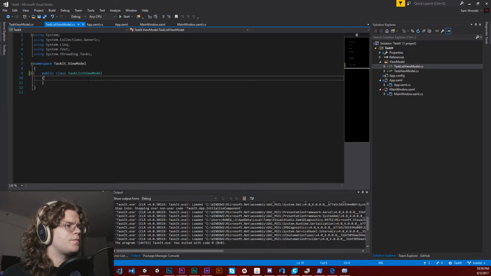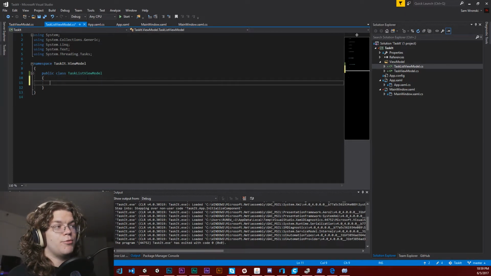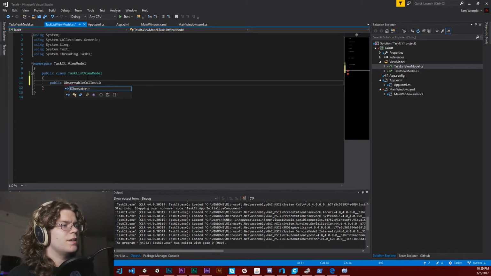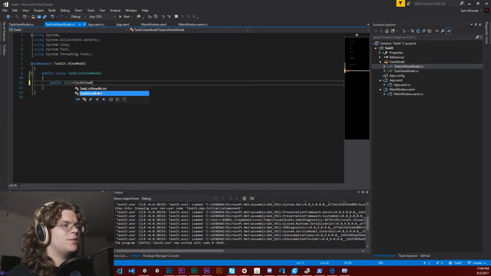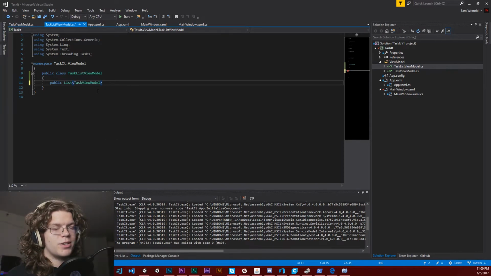And then we have our task list view model. So this is going to be an observable collection. Do I want to do that? Just for now, let's do a list of these task view models. So this won't work. I'm not going to say why, but keep in mind, you can do this, but it'll only work once, and I'll get to why in a bit. So this is going to be our tasks,